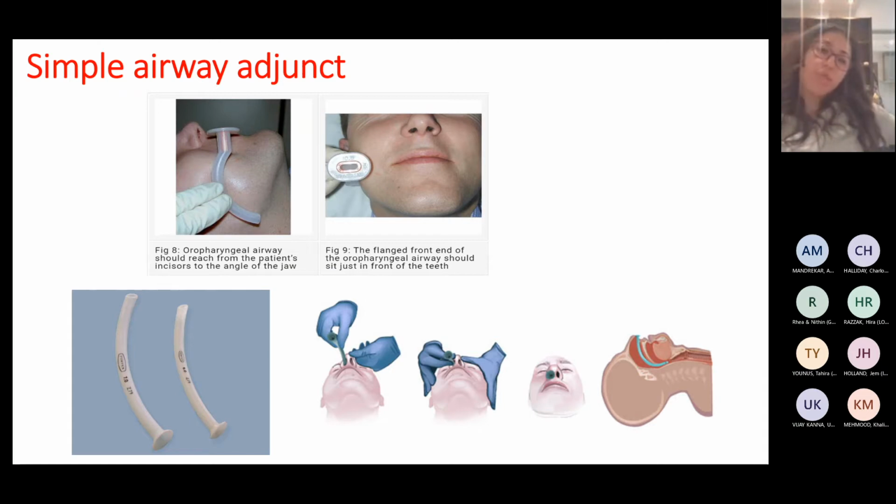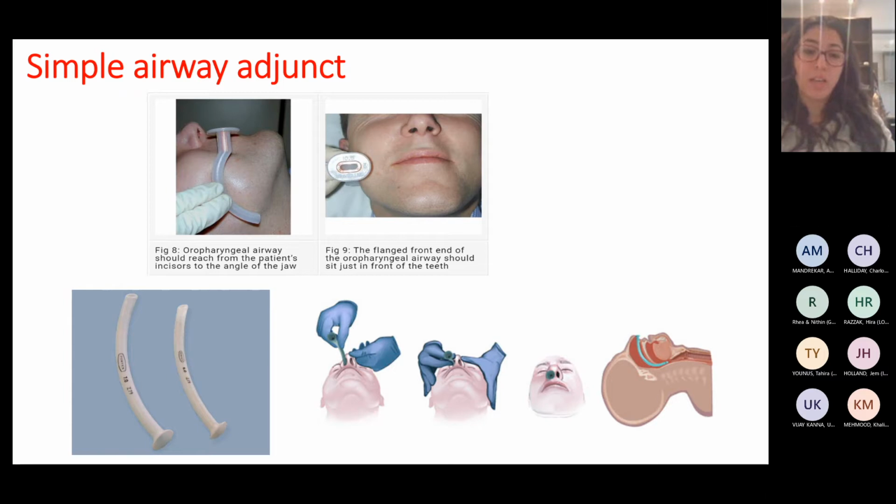So now we have finished with the maneuvers. There are simple adjuncts that we can use to keep and secure the airways more. We have two famous ones: the oropharyngeal airway and the nasopharyngeal airway. The oropharyngeal is a hard plastic tube. You put it inside the mouth, and